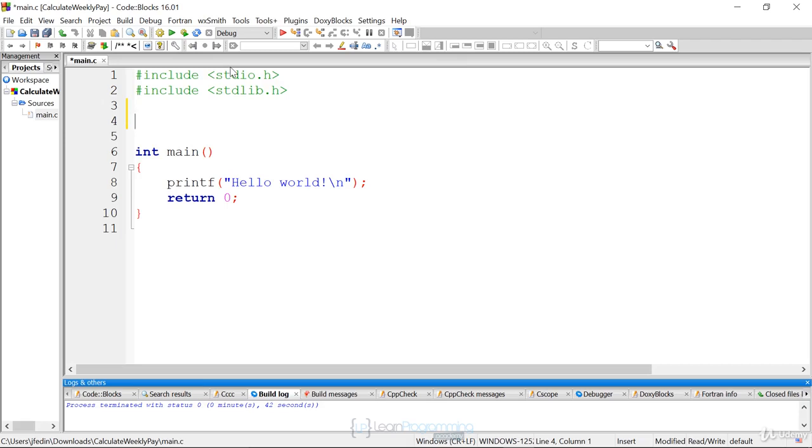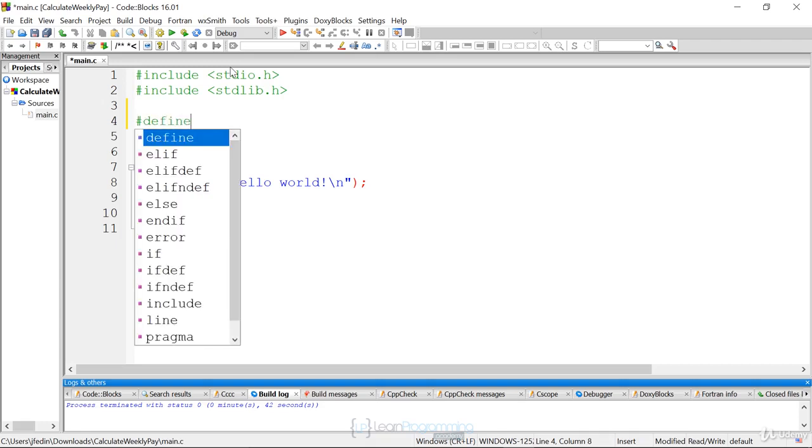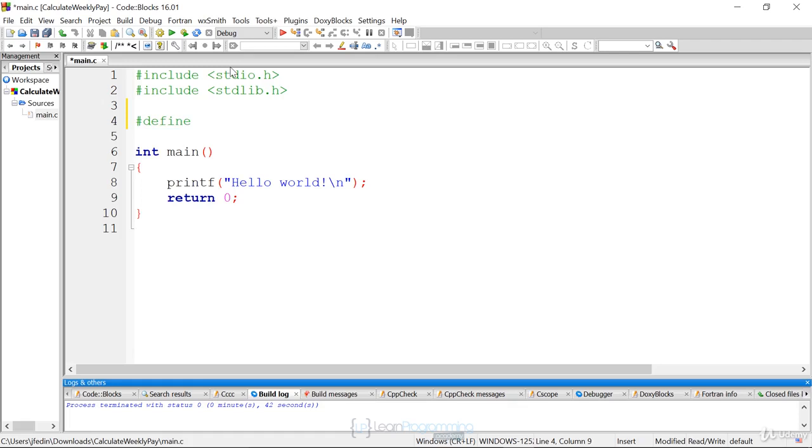So I'm going to use something that we haven't seen yet, which is called the define. It's a preprocessor directive to create constants. The way that we know it's a preprocessor directive is we have the pound symbol. So I'm just going to say pound define. And this is a way to create constants. I'm going to create 5 constants for all of our